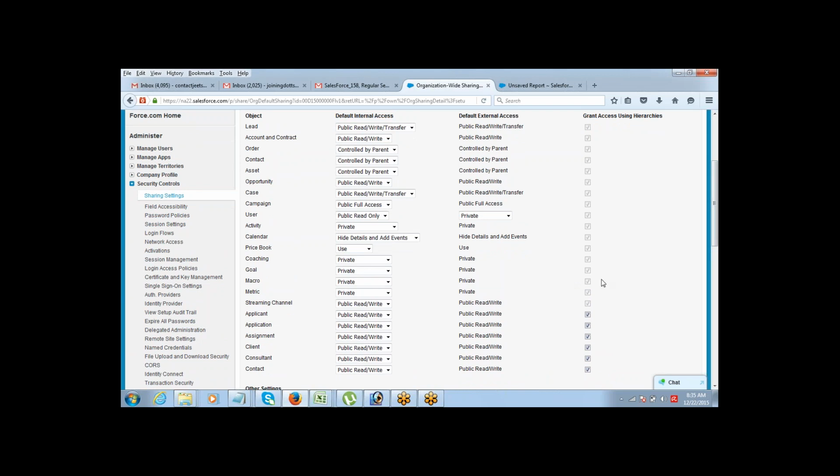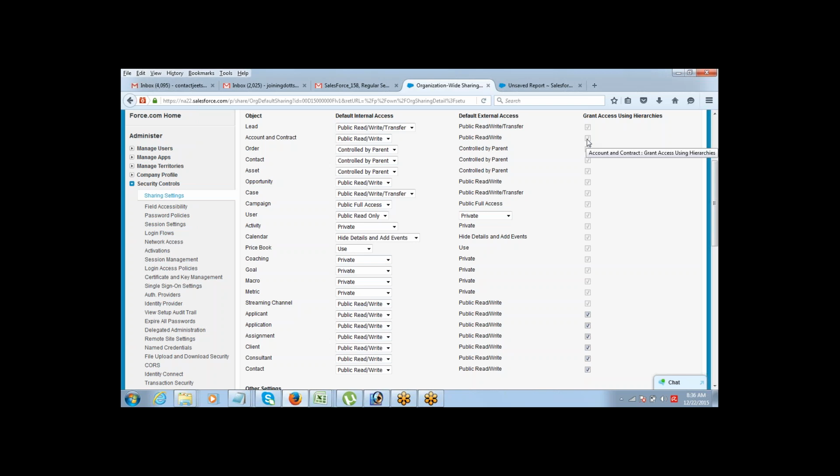Yes. What is the difference? Standard objects. Above, I see the standard objects. The ones below are custom objects. Right. So these are the standard objects provided by Salesforce.com, and these are custom objects which you have created. Now, which means in a standard object, the access is by default given through hierarchies, and you don't have an option of removing that access.